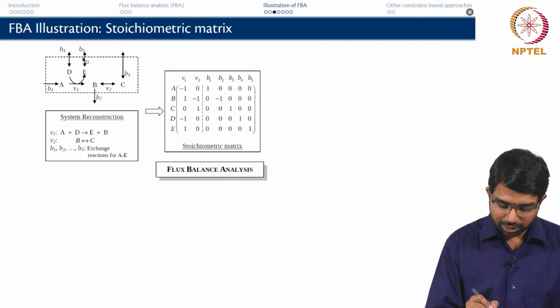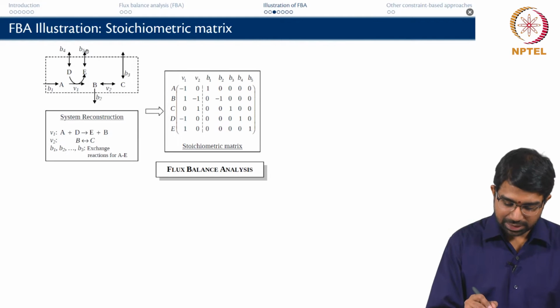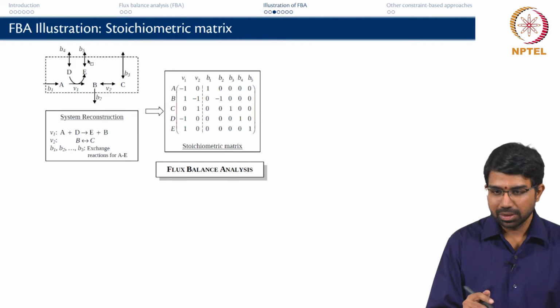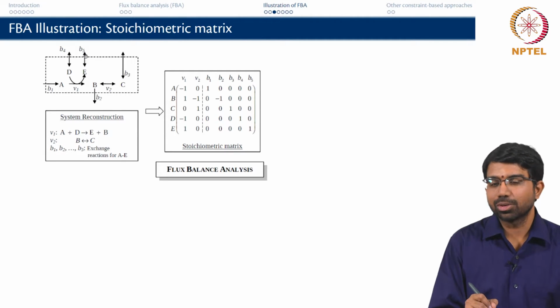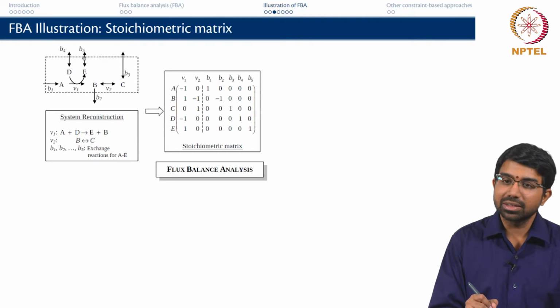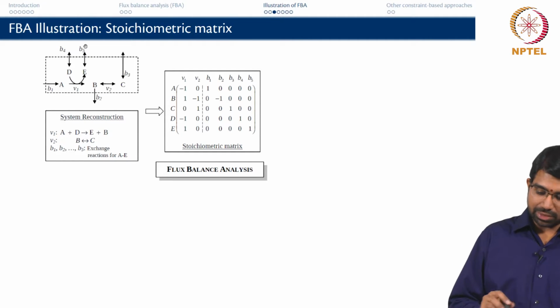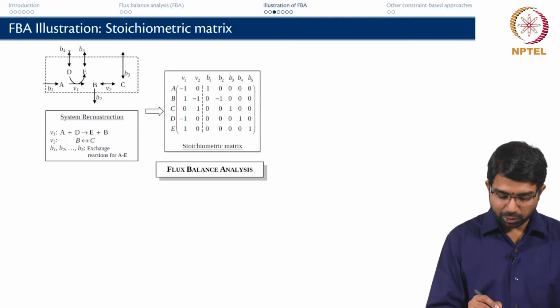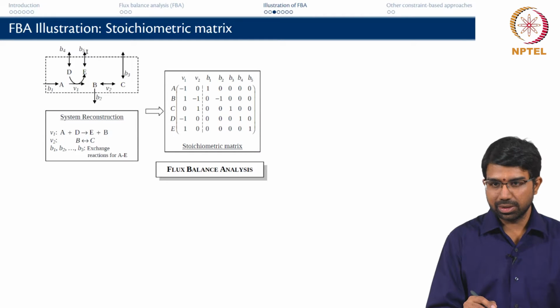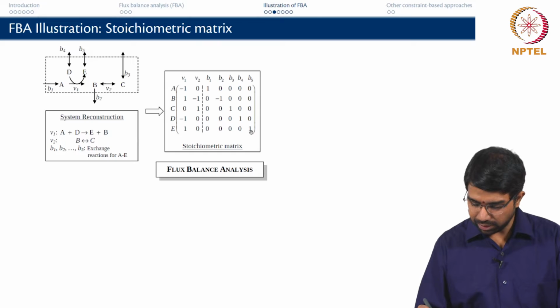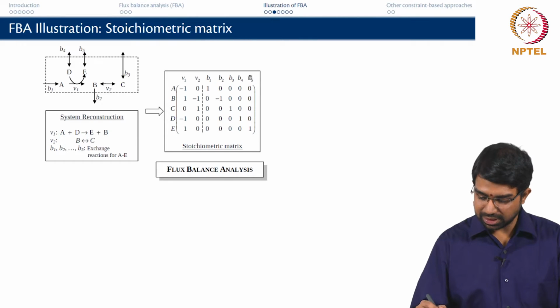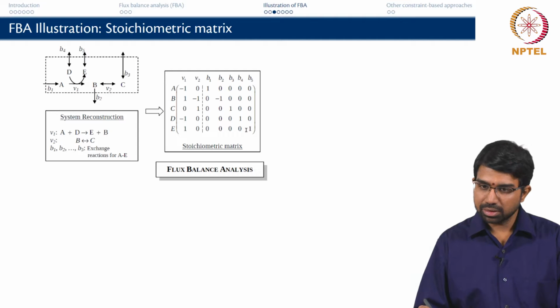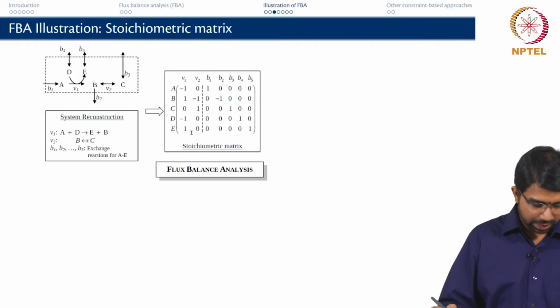I can't have reversible arrows here, because if I say this is minus 5, I have to commit to one direction in the first place, right. So, here a reversible arrow is shown for the sake of highlighting that it is a reversible reaction, but in essence when you start even writing the stoichiometric matrix, you have to understand that B4 is in a particular direction, B5 is in a particular direction, right. So, what is B5 here? It is a reaction with E on the right hand side alone, which is basically to say it is something like,